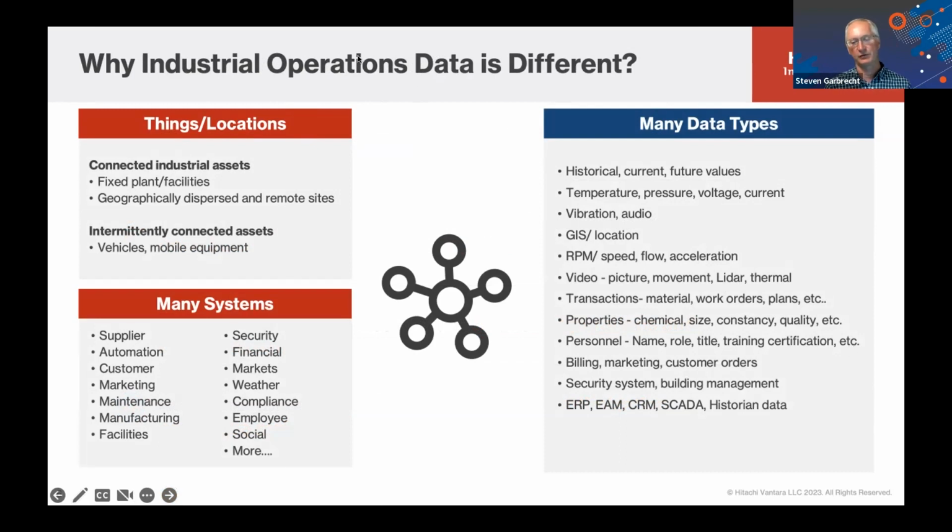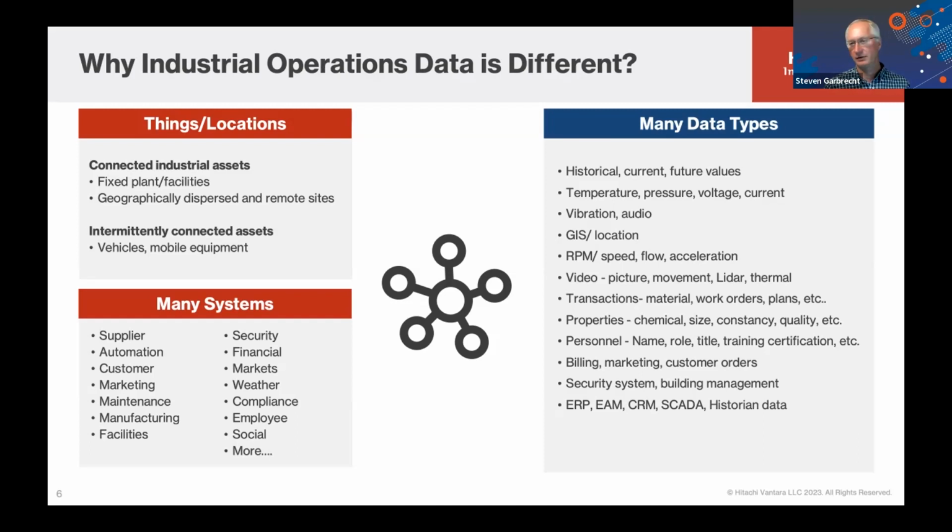What's different about it versus business data or any other kind of data that you may manage in a data lake? Well, first of all, there's the construct of locations and disparate data sets and disparate information coming in that has a geographical reference. It's coming from a different type of equipment or a different process, and it's at the edge of what's going on within the overall business many times, right? Your remote plants, your remote operations. All that has to be taken in context with the many different systems.